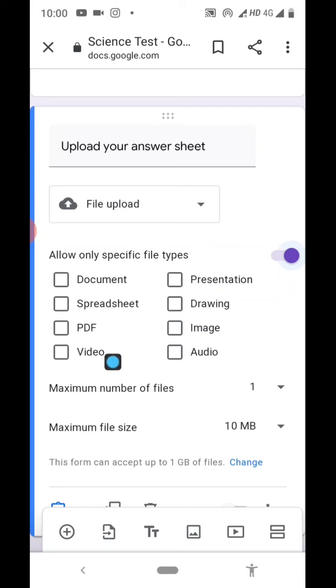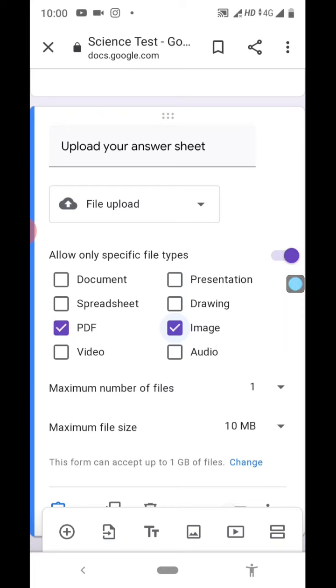The type of file can be a PDF file. The type of file can be an image, because the student will take the photo of that answer sheet and upload it. So he or she can convert it into PDF, or directly upload the image.